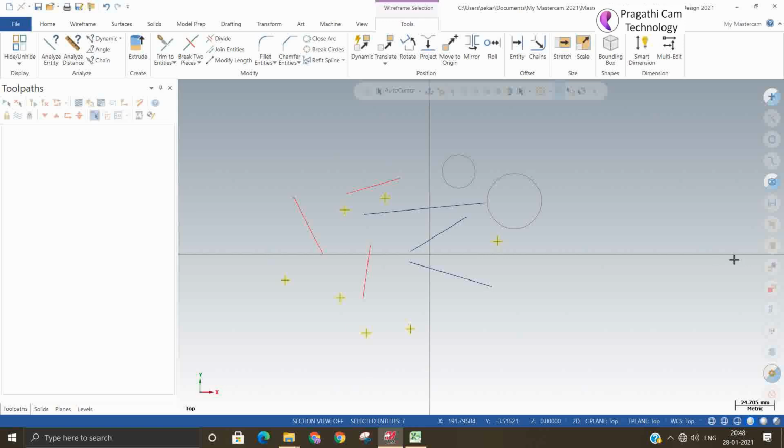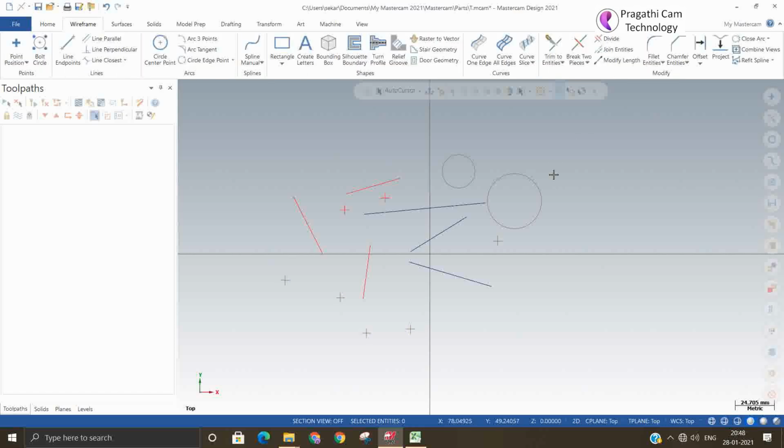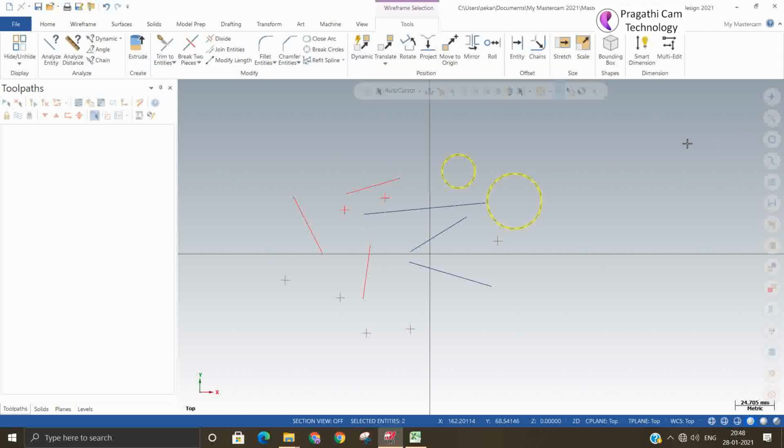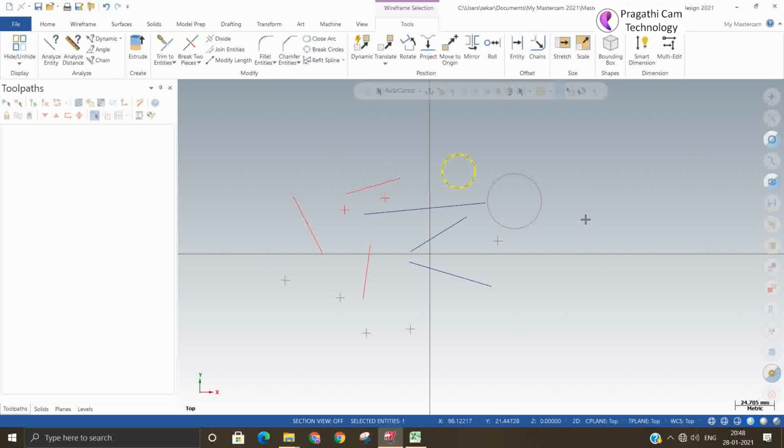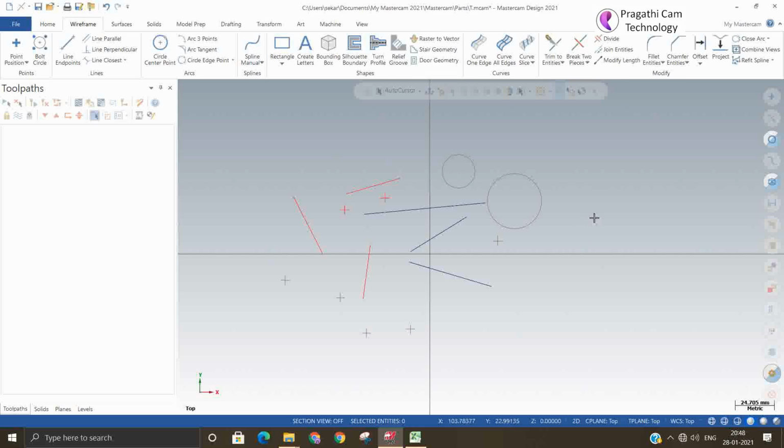Only the point whichever I pick is selected. This is the meaning of select only and all. So I just selected all circles. Only circle means whatever circle I select. So this is the difference between only and all.